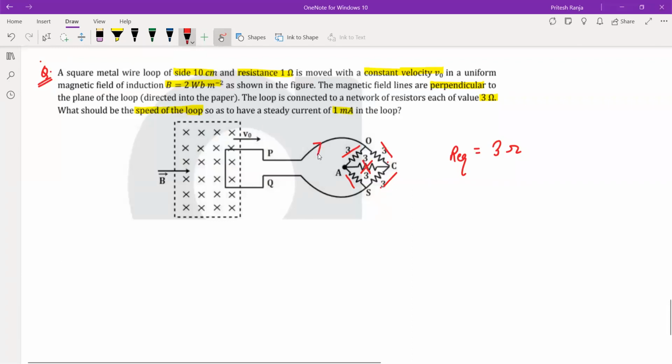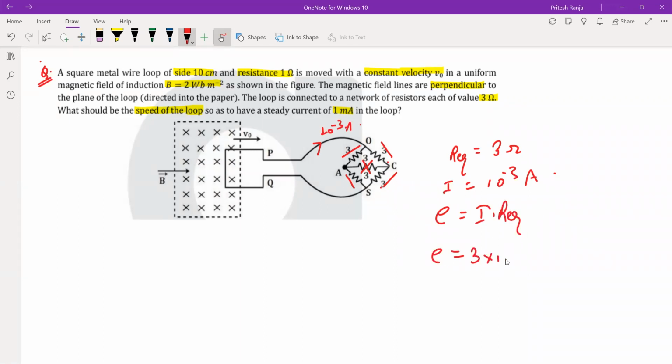What is the current in the loop? It is 10 to power minus 3 ampere. Current is 10 to power minus 3 ampere. तो जो EMF होगा वो EMF क्या होगा? I into R using Ohm's law. So this EMF will be 3 into 10 to power minus 3 volt. And